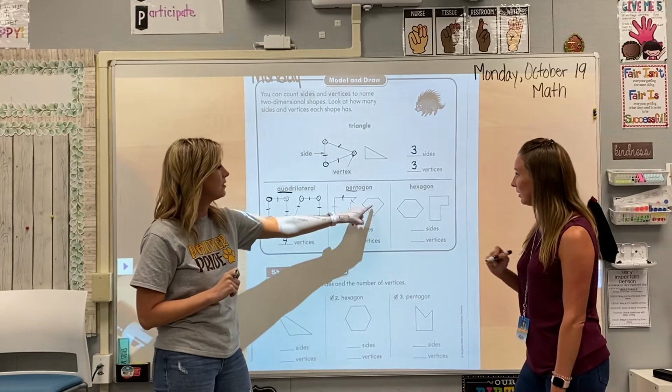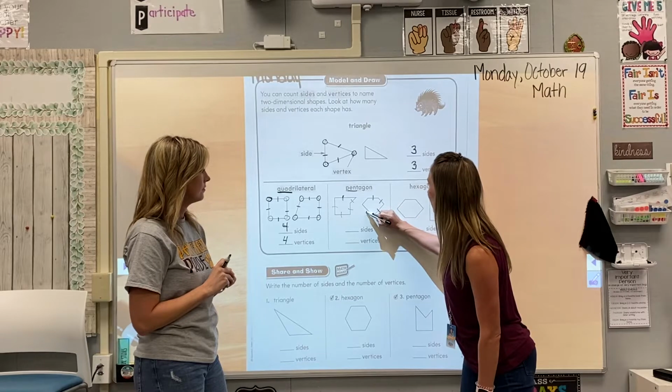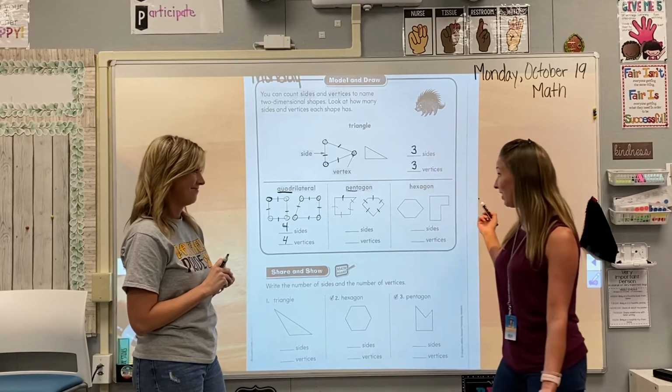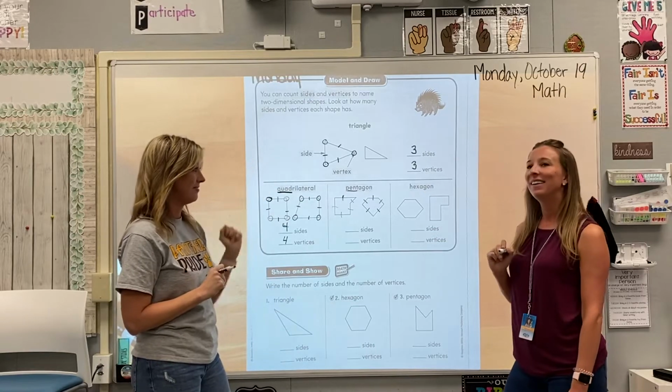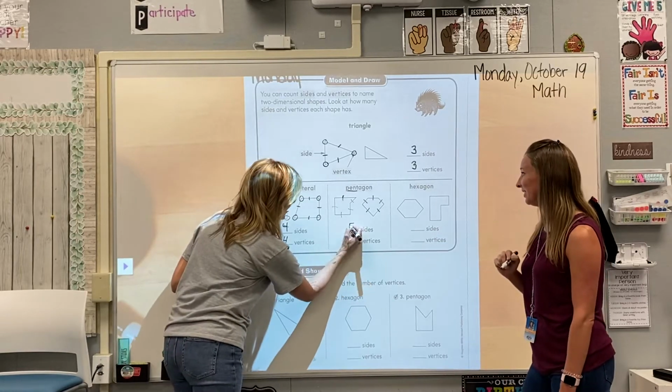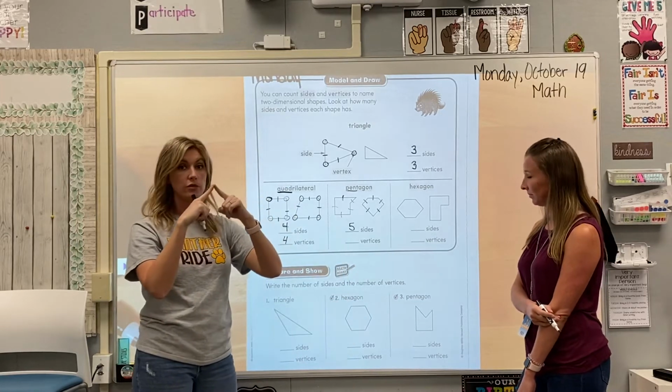Check this one and see if you get the same. All right, I'm going to start at the top. 1, 2, 3, 4, 5. Yeah, they both have 5 sides. So pent means 5. Oh, yeah. Very cool. 5 sides. All right, now we're going to count the vertices, which is our points or our corners